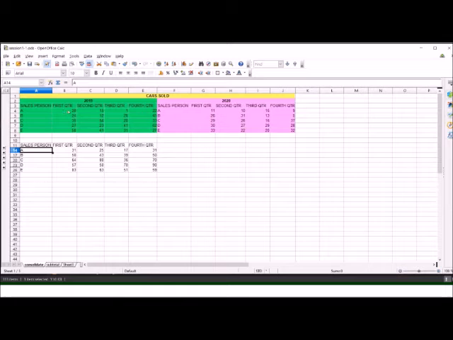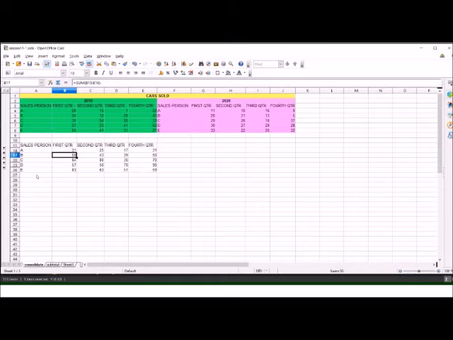So the total of first quarters of 2019 and 2020 is 31, which is appearing here. Then salesperson B sold 24 cars in first quarter of 2019 and 26 cars in first quarter of 2020. So their total, that is 50, is appearing here.